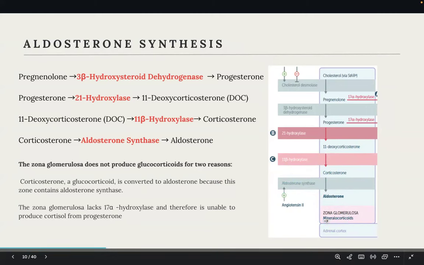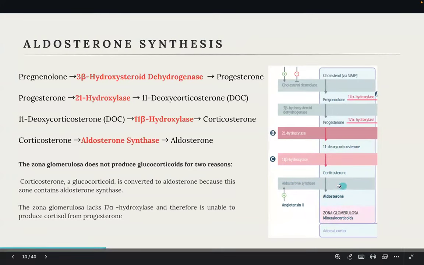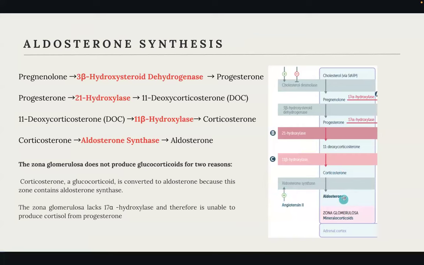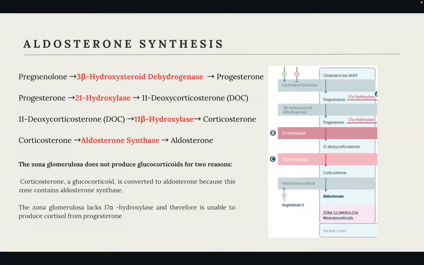This means that as long as I'm creating corticosterone in the zona glomerulosa, it's going to get converted into aldosterone. The enzyme is here, so it's going to convert corticosterone. It's not going to leave it to just be corticosterone. It's going to get converted into aldosterone, which is why it's not possible to create anything but mineralocorticoids in the